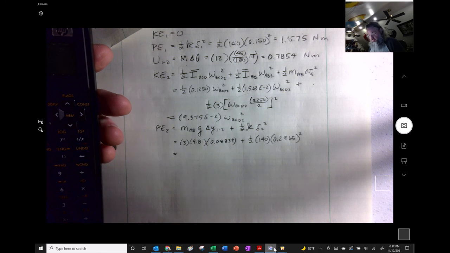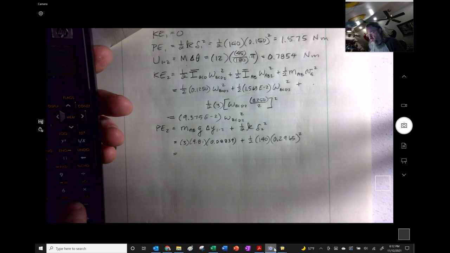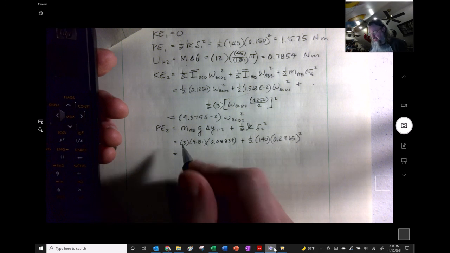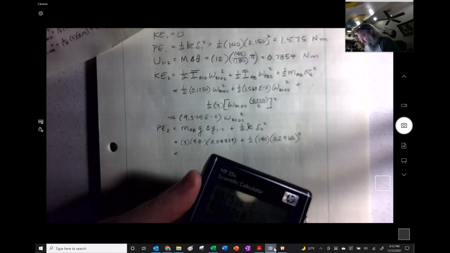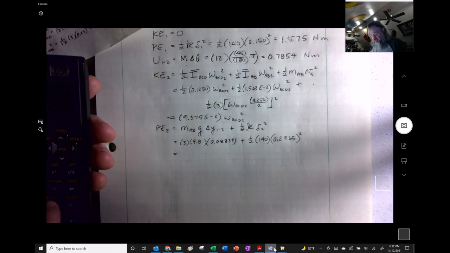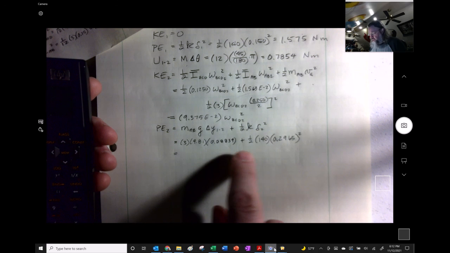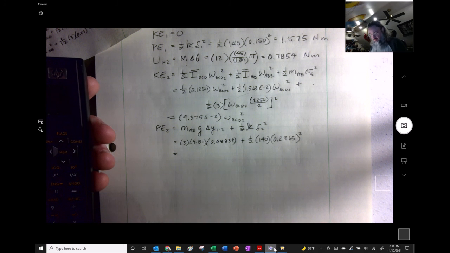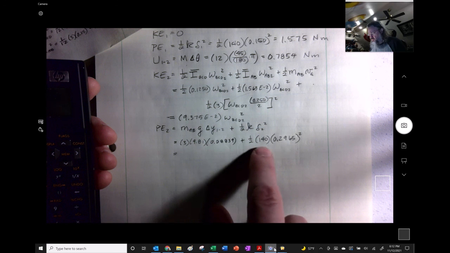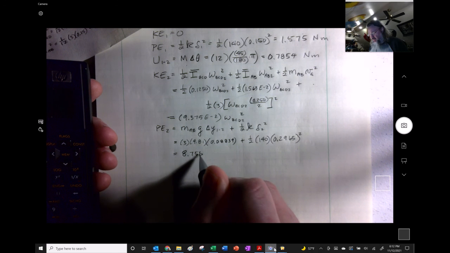All right, so let me do that again. 0.2965 squared. Oh, I got it right. 140 times 2 divided. Yeah, this is going to be bad. What is that? How did I get that? All right, so let me look at it again. I screwed something up. 3 times 9.81. Boom. Times 0.8839 times. So that's 2.601. 0.2965 squared, 140 times 2 divided. Ooh, that's a lot. Plus, comes up to 8.755